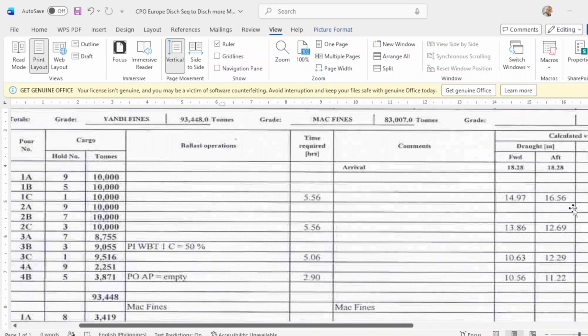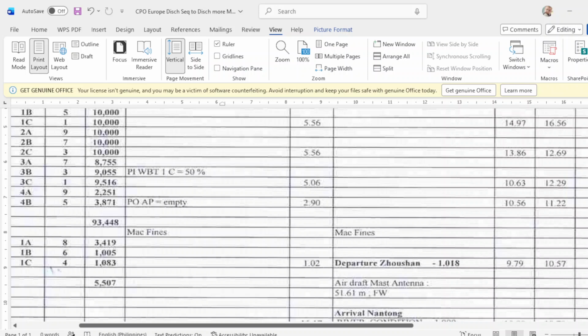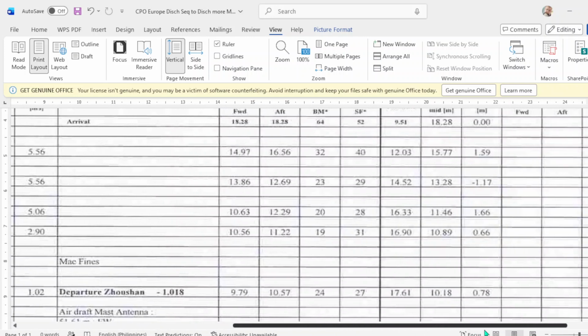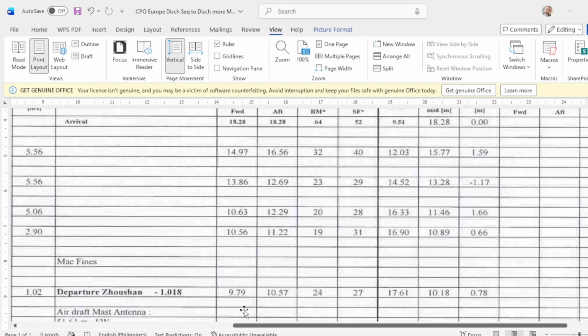From here, guys, let's say after loading 864, the forward draft will be, for example, 9.79, aft draft will be 5.74.